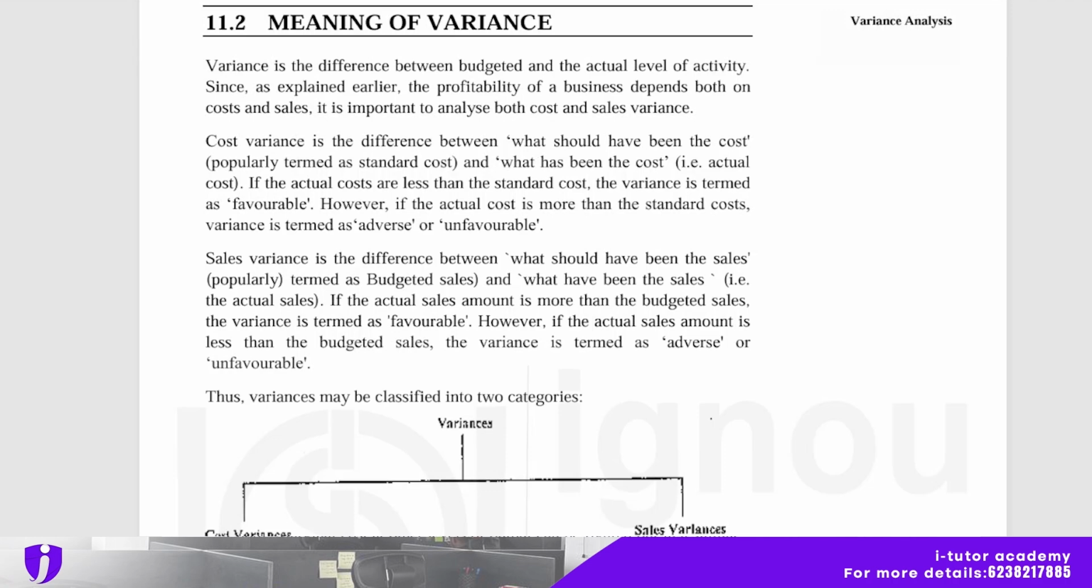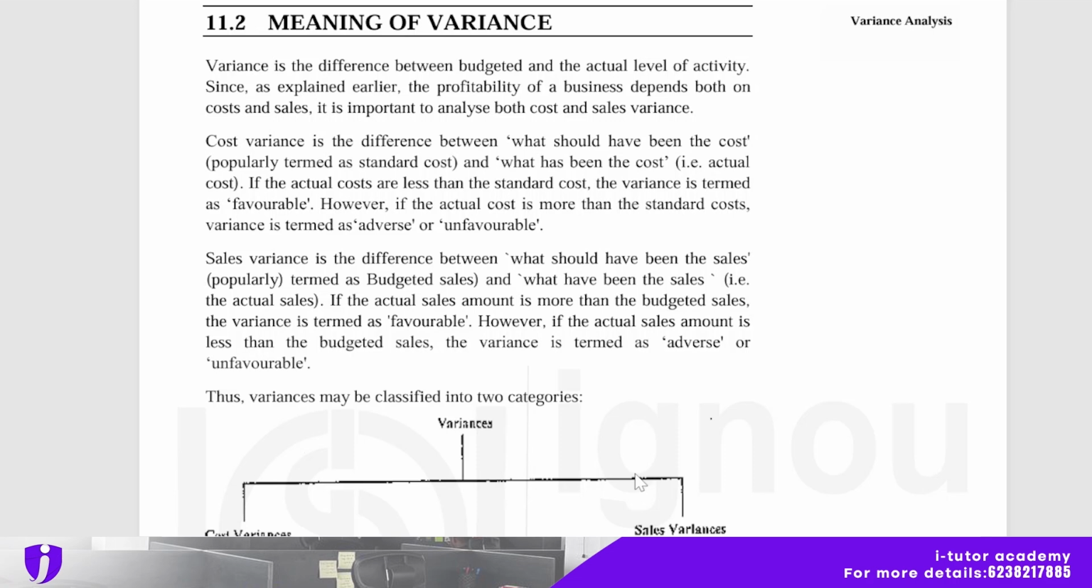Since, as explained earlier, the profitability of a business depends both on cost and sales, it is important to analyze both cost and sales variance. Cost variance is the difference between what should have been the cost, that is popularly termed as standard cost, and what has been the cost, that is actual cost. If the actual cost is less than the standard cost, the variance is termed as favorable. However, if the actual cost is more than the standard cost, the variance is termed as adverse or